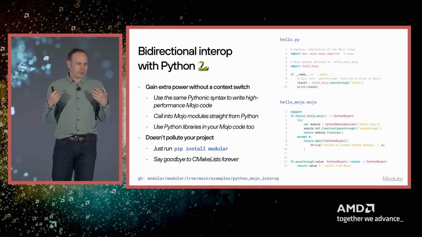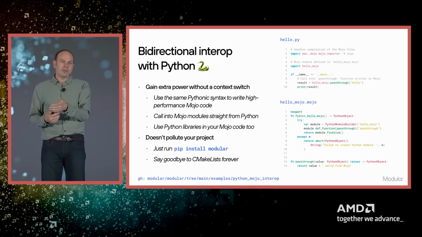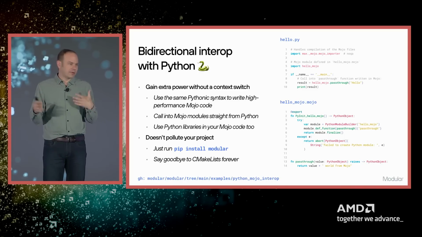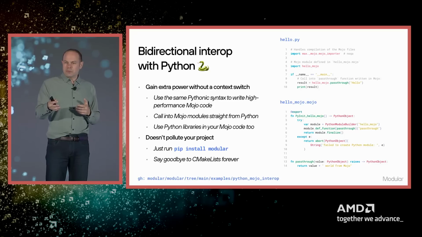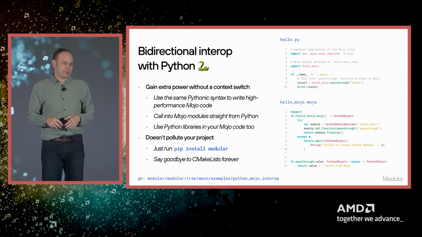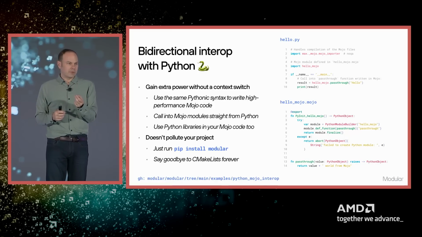One of the most amazing things for Python programmers is that you can directly call from Python into Mojo, and you don't need bindings. What this means is that if you're a Python programmer and you're building and building, being very productive and doing lots of cool things, all the things we love about Python, but then you run into performance problems, well, now instead of having to switch to C++ or Rust or PyBind or all this super complicated stuff, you can just move a few for loops into Mojo. Now it goes 1,000 times faster, and you can call it directly from your Python code. You don't have to rewrite everything, don't have to change your ecosystem, you can adopt it piecemeal.